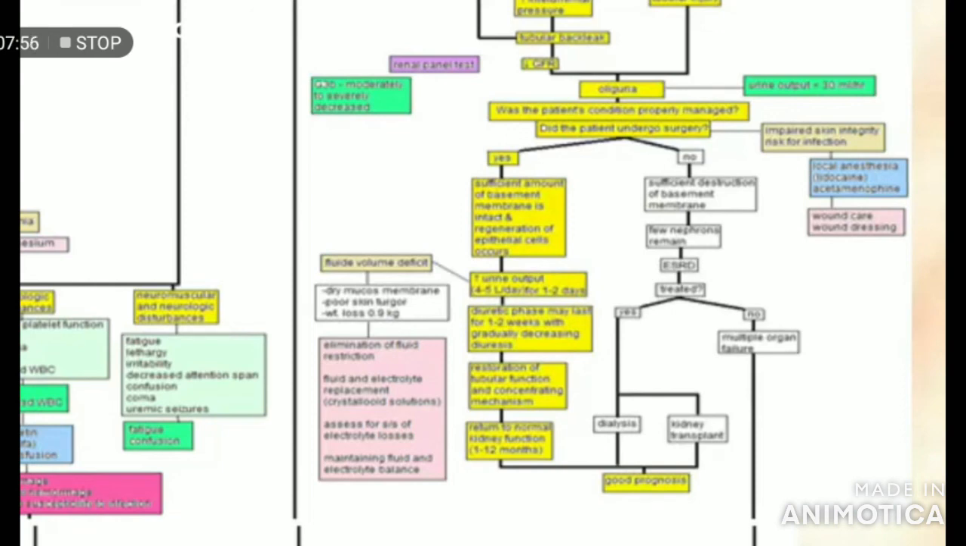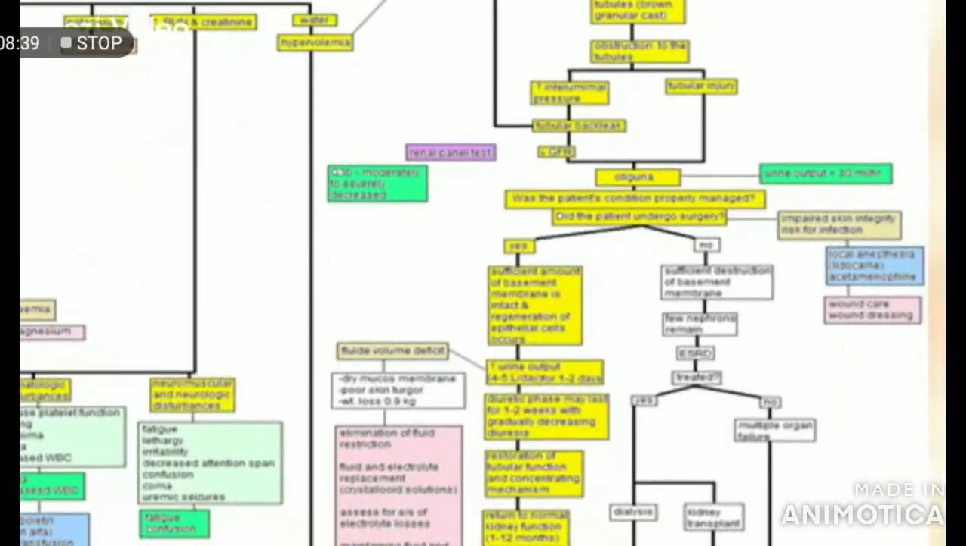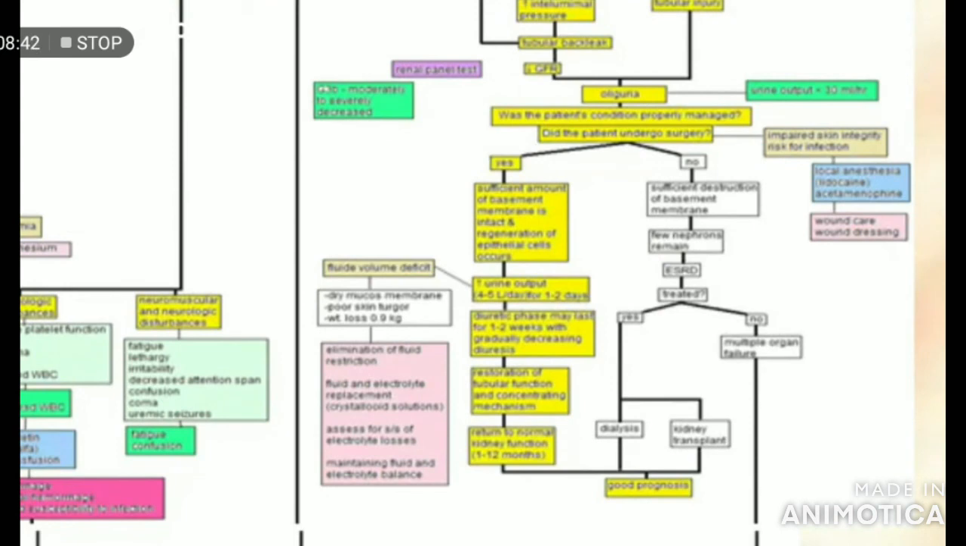So the nursing management for the urine output of greater than 4 to 5 liters per day is fluid volume deficit, and my patient experienced a dry mucous membrane, poor skin turgor, weight loss of 0.9 kilograms. And nursing management would be elimination of fluid restriction, since earlier we mentioned that there is a fluid restriction due to hypervolemia. Now the patient is experiencing hypovolemia, so we have to eliminate that